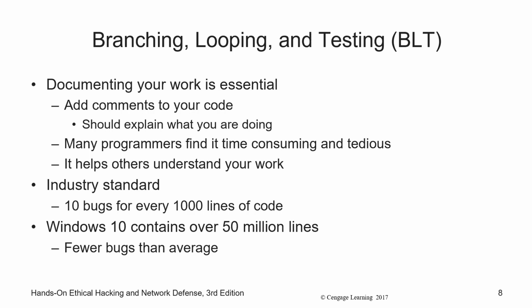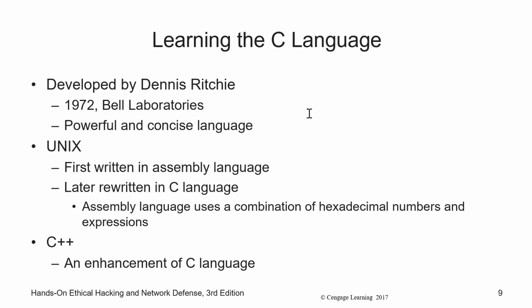Windows 10 contains over 50 million lines of code. Yes. And when I was at Microsoft, working on Windows 7, which came right after Windows Vista, there really is that many lines of code. I don't really know where they got their information that there's fewer bugs than average, because the whole point of bugs is you don't really know, right? You can test, you can set some criteria on what bugs you fixed or not, but Microsoft is definitely not going to release that information, so the book is making a statement that isn't necessarily true.